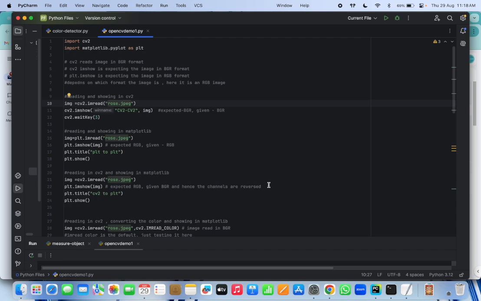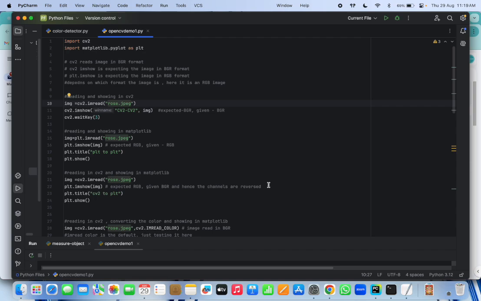It is different from the other libraries, as in it reads the image in the BGR format and displays it, and the display will be the same which we are expecting, but internally it will store the information in NumPy with the channels exchanged: first blue, green, and then red. And here we are talking about the Matplotlib library. It expects and reads the image in normal RGB format.